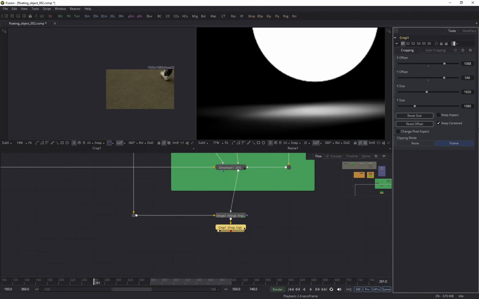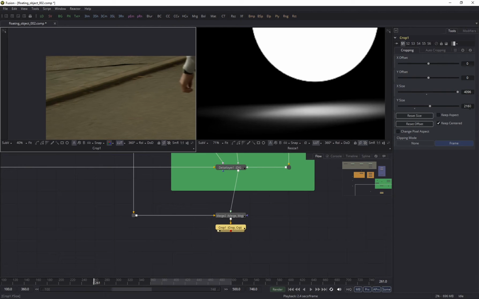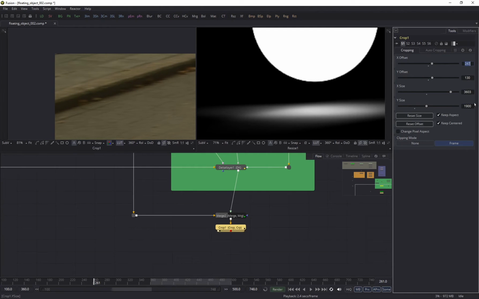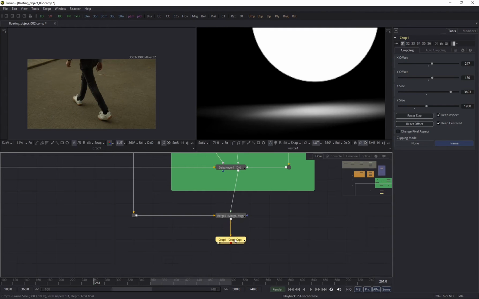And let's just keep it centered, and let's first just take our original resolution. And then let's just take a few pixels off. And so also make sure that the aspect is checked as well, so that we keep our original aspect ratio here. Then from here on out, we can go to our delivery format, which is going to be just normal